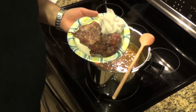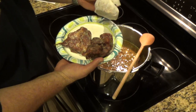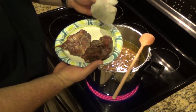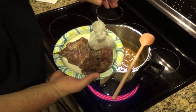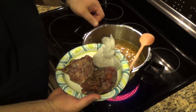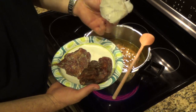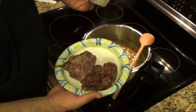for anything southern. In this little cheesecloth bundle, I have 3 bay leaves, and I also have a few ham hock bone pieces that I didn't want floating around in the soup. I wanted to be able to pull those out. So normally I just throw the bay leaves in the soup, but this time, because I had those small bones that I want to be able to retrieve, I threw my bay leaves in there as well to make that